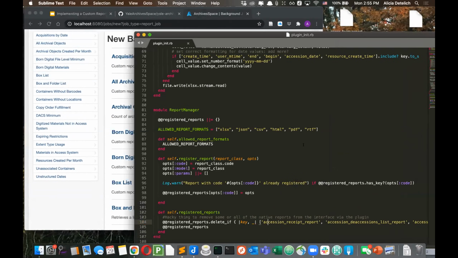And I think you could probably also do that by modifying the reports directory. But since I was managing it all in a plugin, I decided to just put it all here. So that's why,